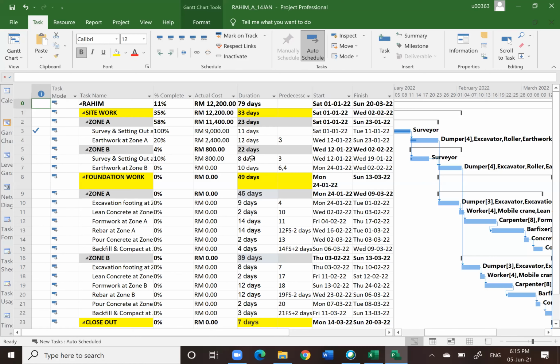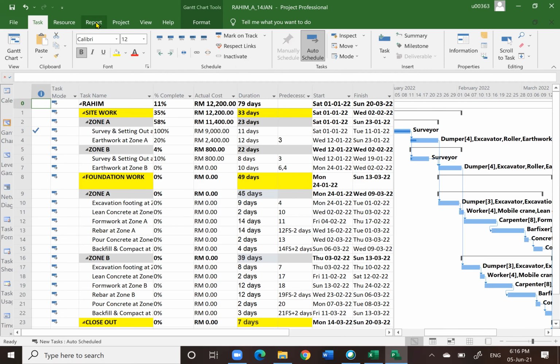I only show you one data. The rest basically the same. If we know the data, then we can update, but that's it. I just want to show you only one. Okay, that is how we update the project. And lastly, before we end our class,